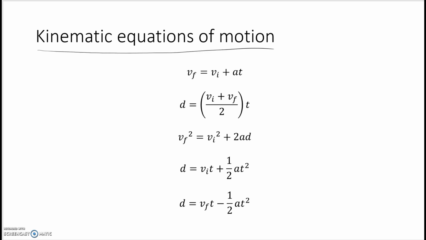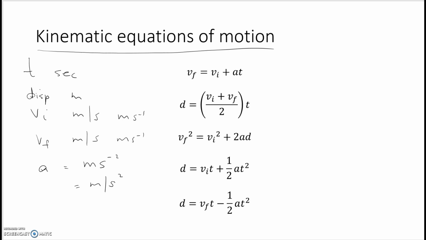And usually t is in seconds, displacement is in meters, and we talk about the initial velocity, which would be in meters per second, and the final velocity, which would also be in meters per second, not meters per second squared. And acceleration would be meters per second squared,